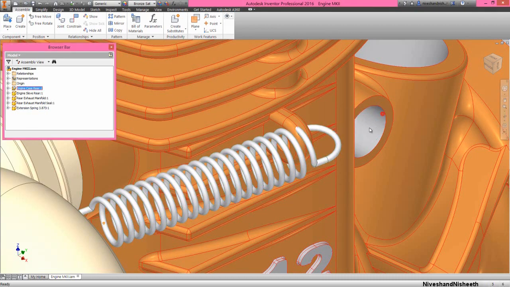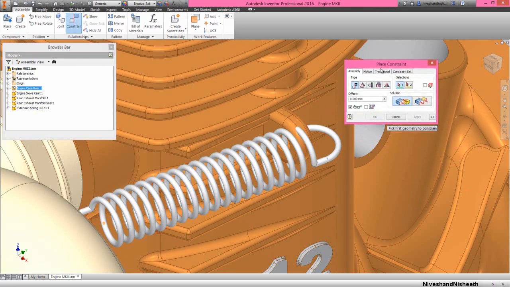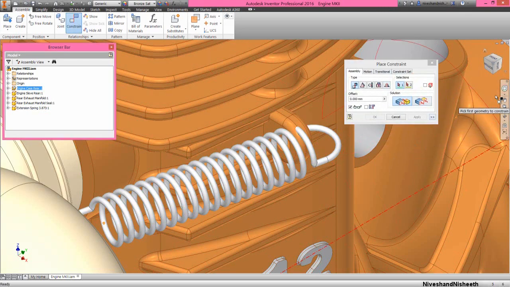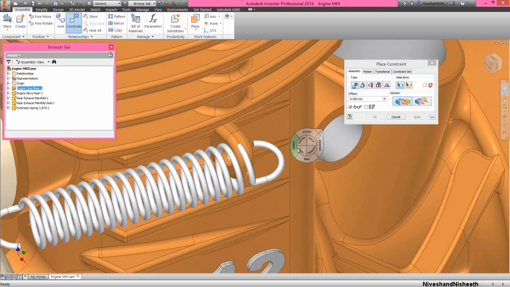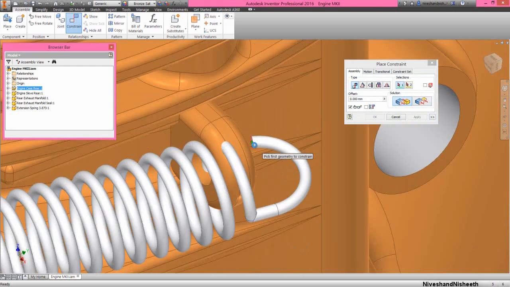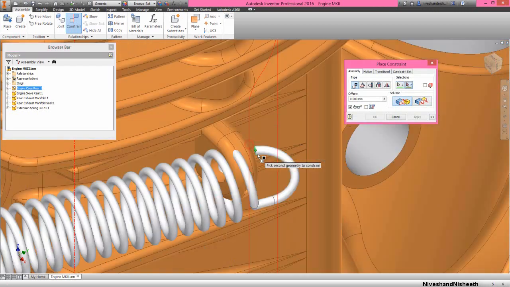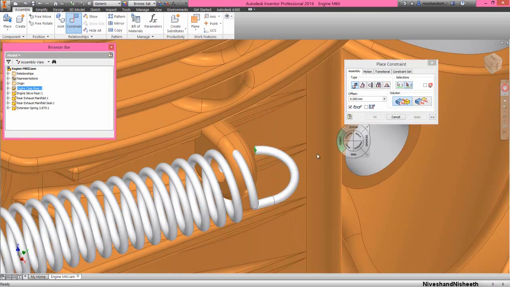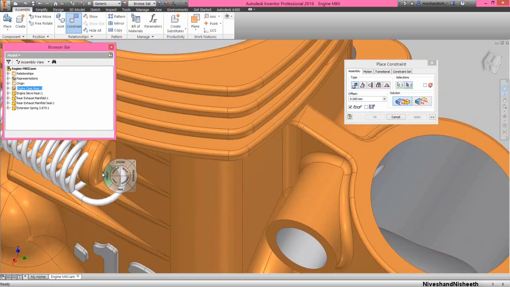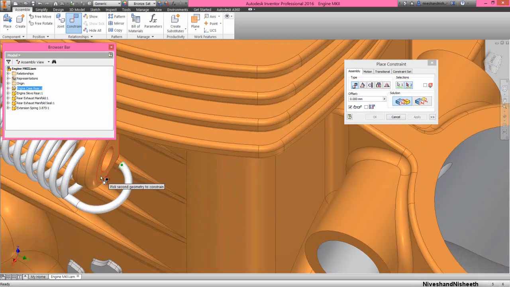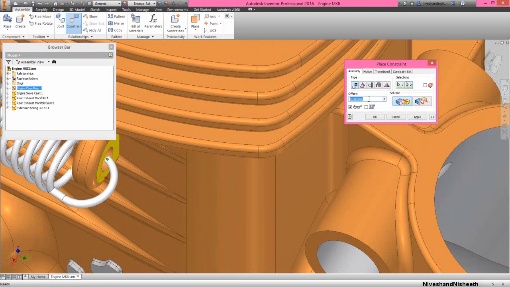And activate the constraint command once again. Now select this hole point, and select this face of this feature and apply and set the offset distance value minus 0.5 mm.